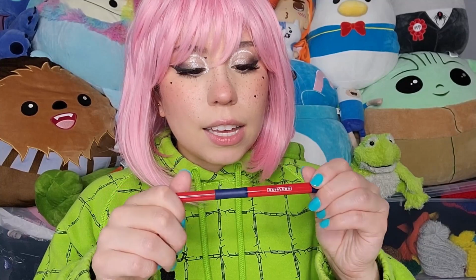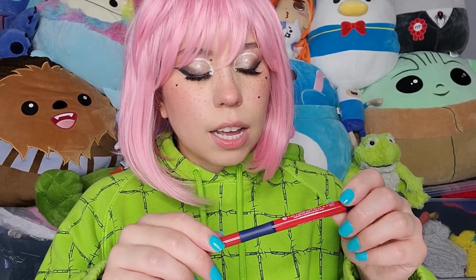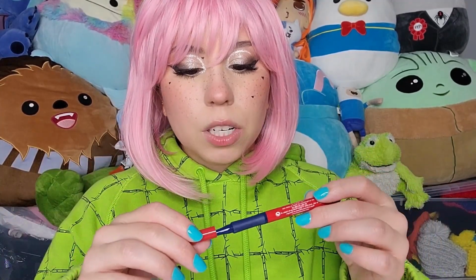And then the last thing that is a fail is this Patrick Star one size eyeliner in Bossy Blue, and this guy is part of my project pan. I do plan on finishing this because I just feel like I can, and the reason I don't like this guy, let's see if you'll be able to tell. Well, that was a really heavy hand, but this is kind of a bad example,